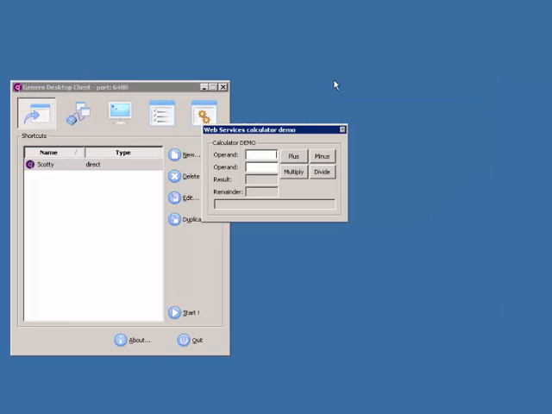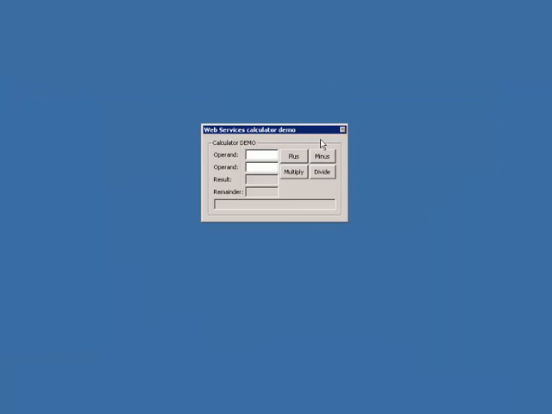Let me just close these out so we can really look at this. That is running, and when we make a request, it's going to be requesting the data from the web service. So the server side has the actual functions that are going to go and do the plus, minus, multiply, or divide operation for us. So let's just put in 4 plus 5, and we'll choose plus,